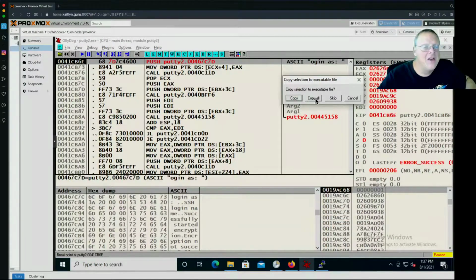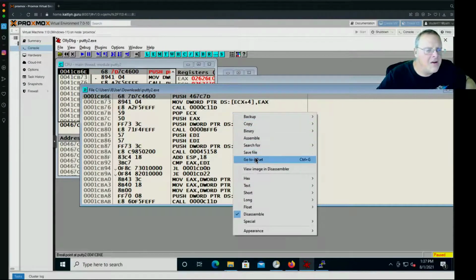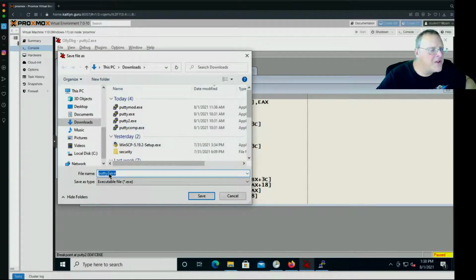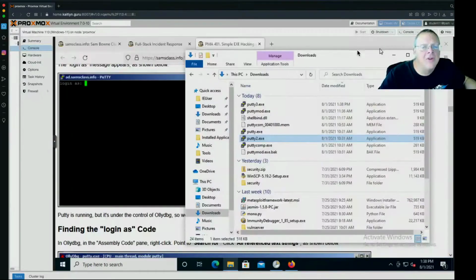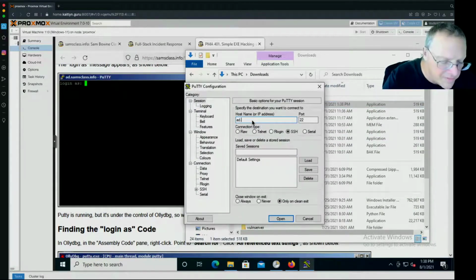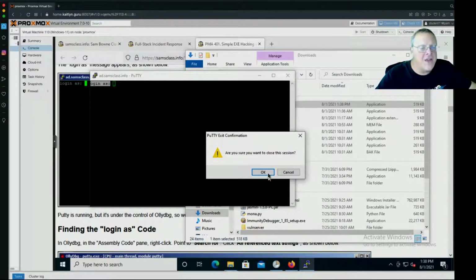So copy all, and now I have a program here with the modified instruction, and I can right-click, Save File, and I'll call this Putty3. All right, and now I'm done with Ollie for the moment, and I can run Putty3 and give it a server and open. And now it is missing the L. It's just login as. So I've now made a modified file, and as I demonstrated for the class before the break,